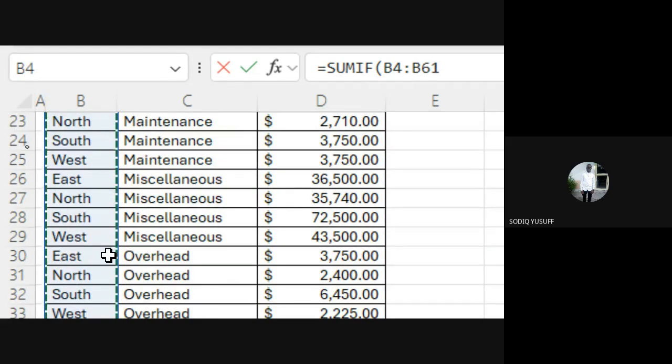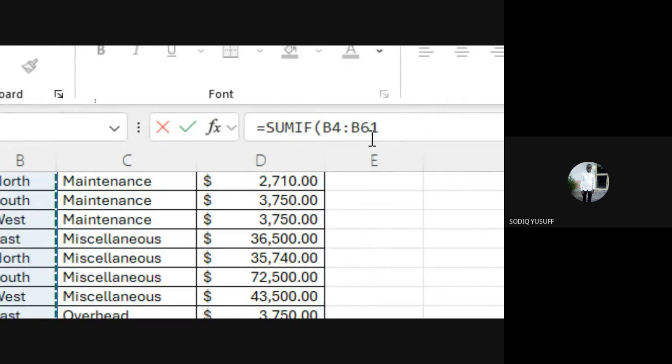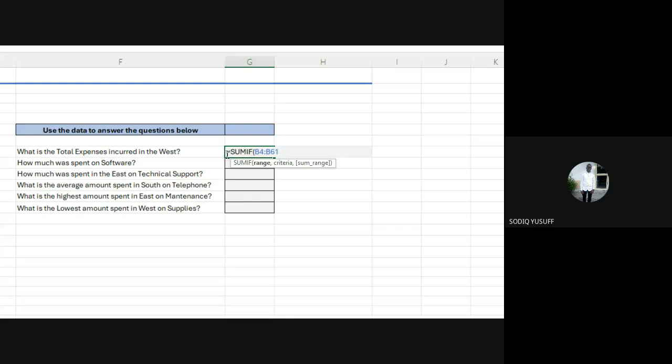Yes, at once, that will help you to highlight the whole column. Everyone, let's do that. That is our range. Now, after you've input the range, the next thing is to put a comma, so I can then go to the next argument. Now, who can tell me what is the next argument? After range, what's the next after range?